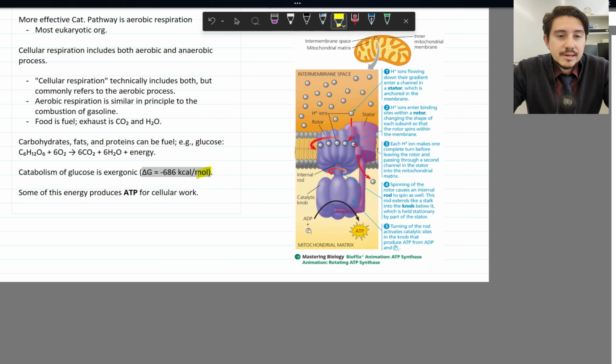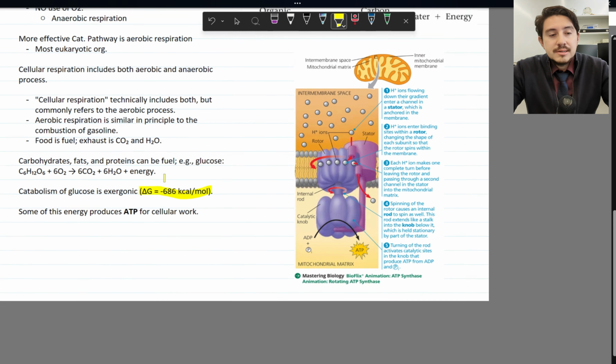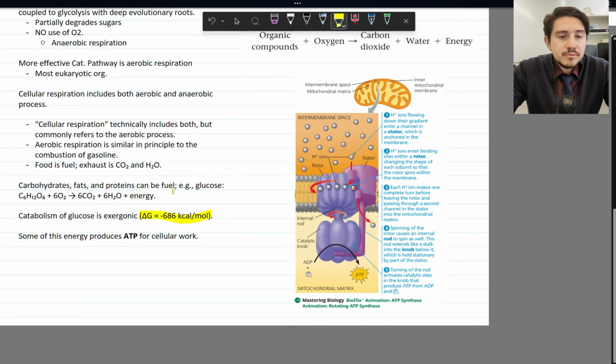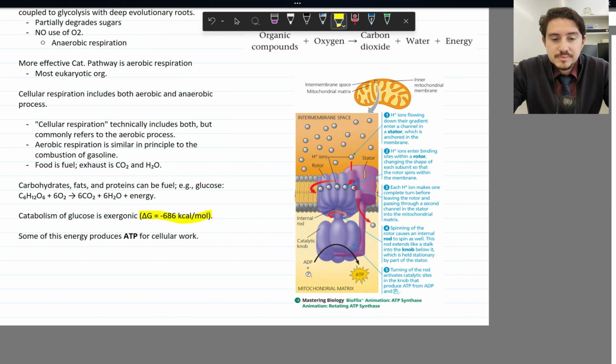And this is a number I do recommend remembering. Okay. And that energy is then used to produce ATP for cellular work. Ultimately, this whole idea of cellular respiration is for the whole purpose of synthesizing ATP. And we have this little diagram here, as we're going to see later on in detail, to work on this complex, ATP synthase, to process this